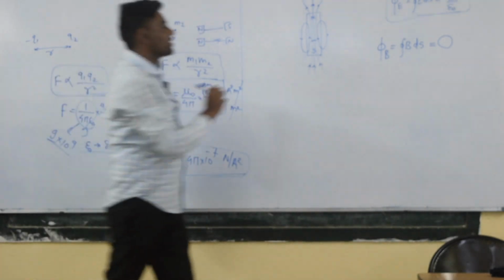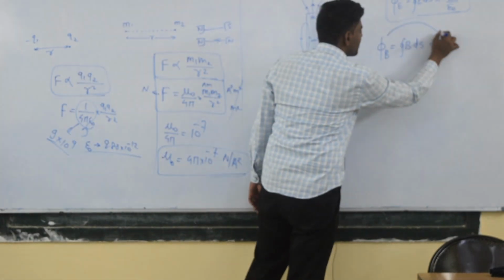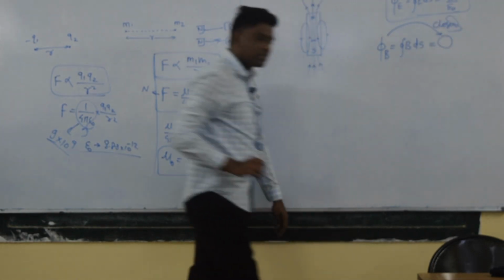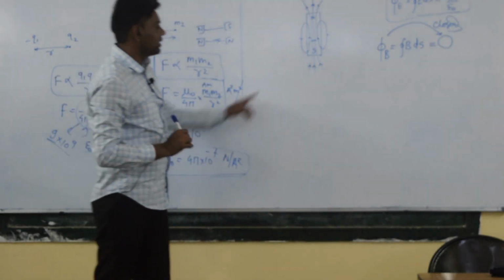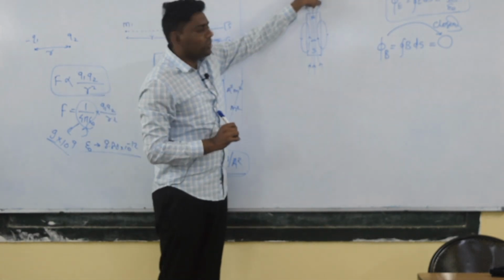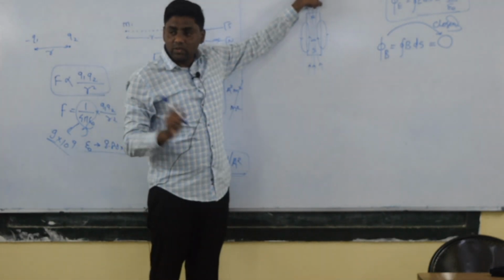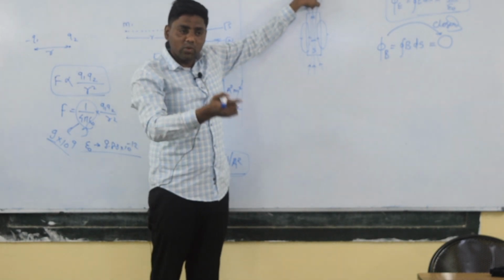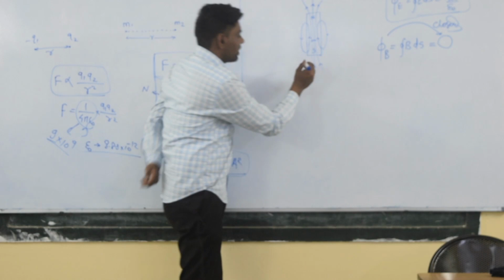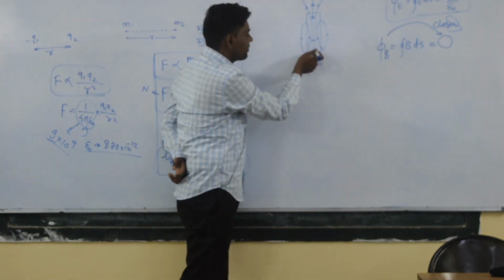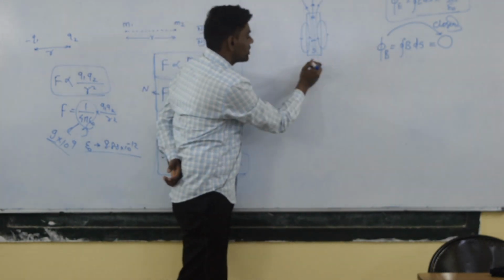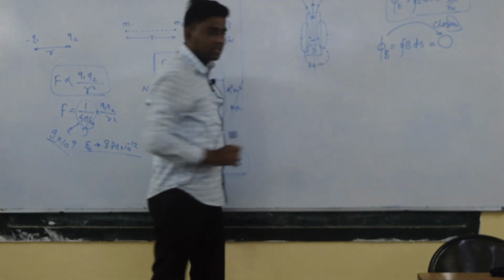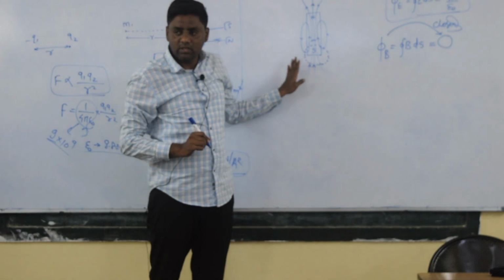So the observation is the net magnetic flux over a closed surface is 0. Why is it 0? Very simple. For the study of Gauss law, we first have to draw the Gaussian surface. And what is the Gaussian surface? Imaginary closed surface. Very good. Now consider any one of the poles. So we consider the south pole and draw one Gaussian surface. It is a dotted line. We draw the dotted line. So this is the Gaussian surface.